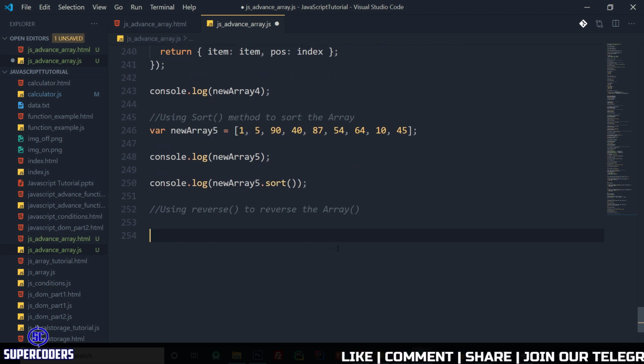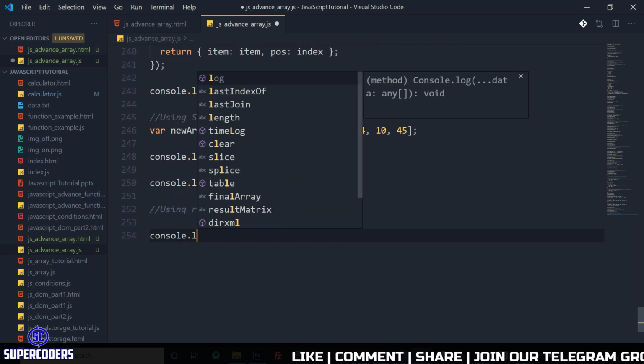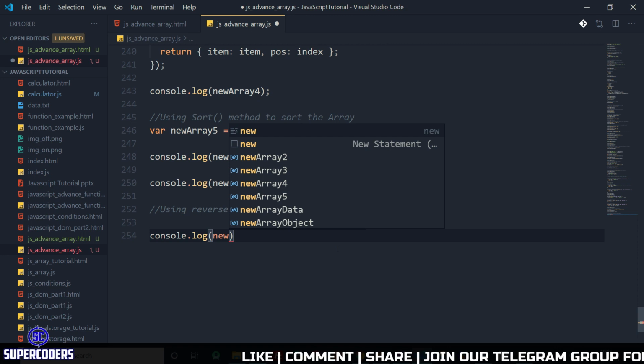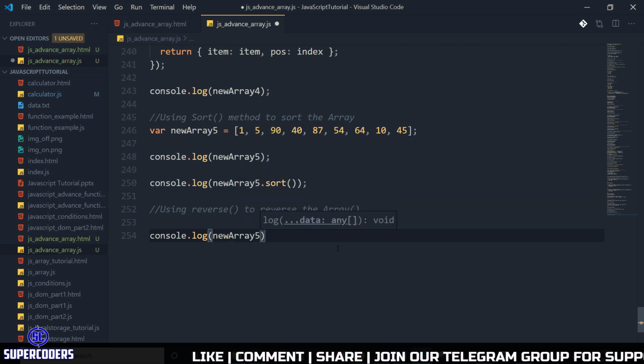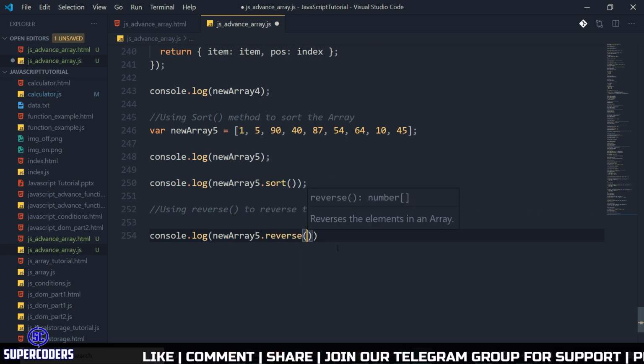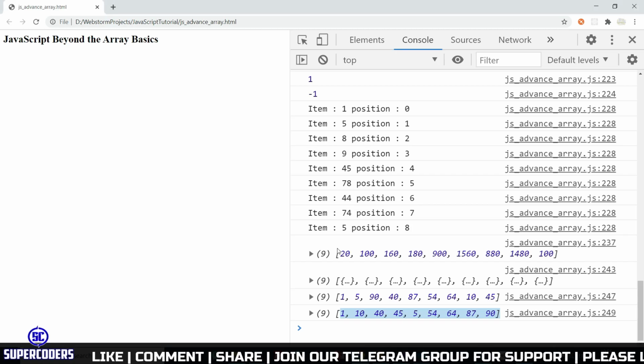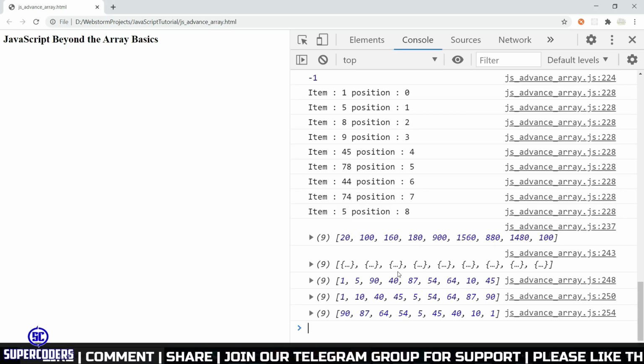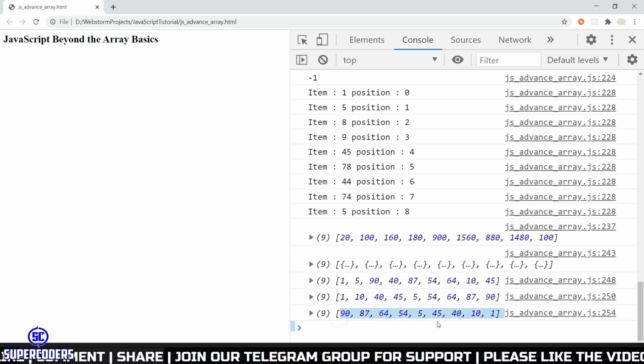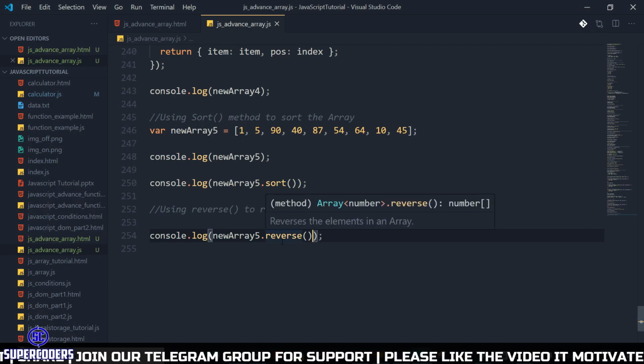After that, again console.log new array 5.reverse, save it, back to Chrome, refresh page, and you can see our items get reversed. So in this way you can use the .reverse method to reverse the array.